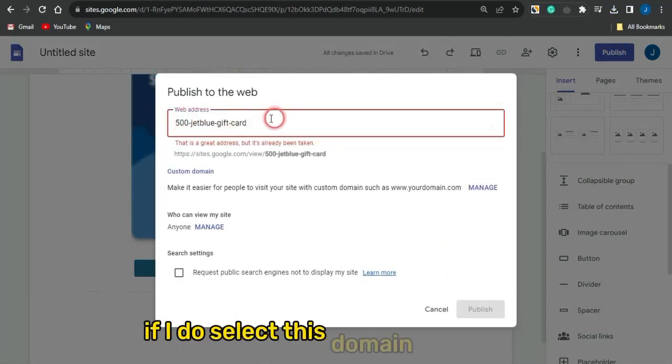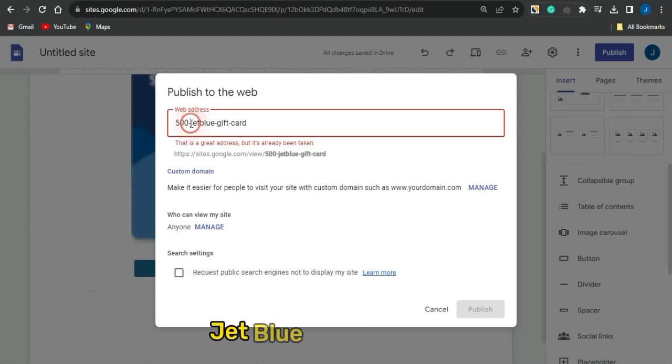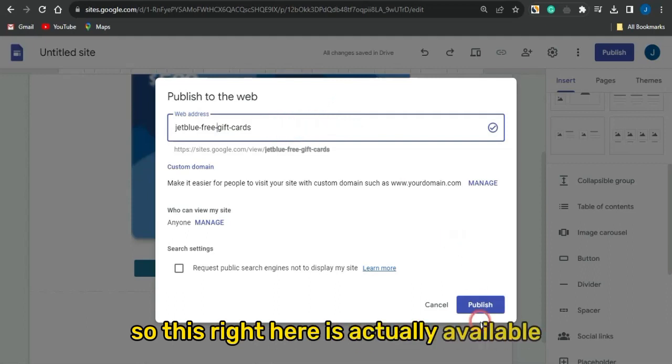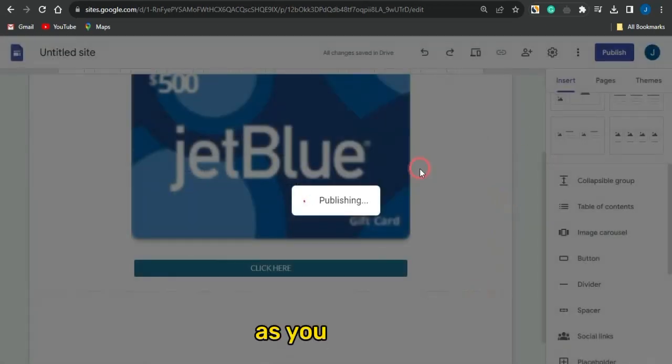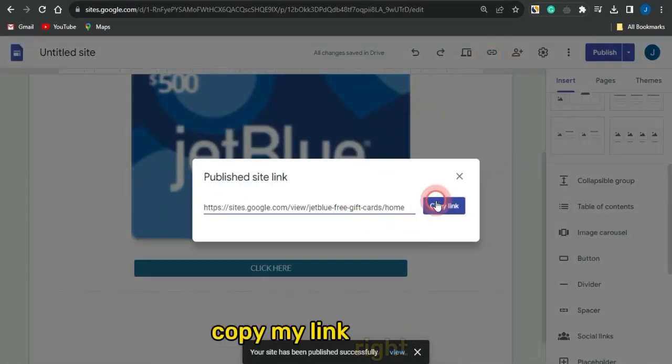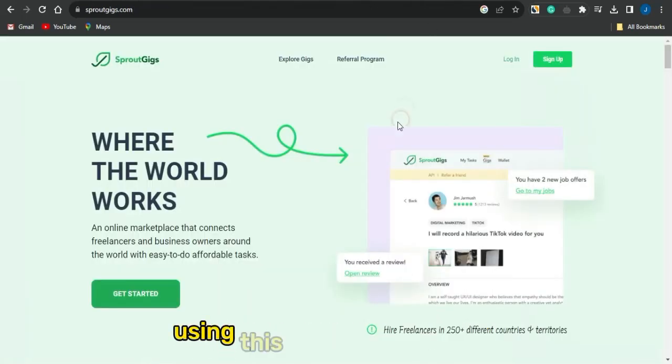If I select this domain right here, which is the 500 JetBlue gift card, or I could simply select the JetBlue gift card. As you can see, this is not available, it has been taken, and this also has been taken right here. So this right here is actually available. If I click on publish right now, as you can see, this page has been published. I can then copy my link right now and go on to promoting that using this particular platform